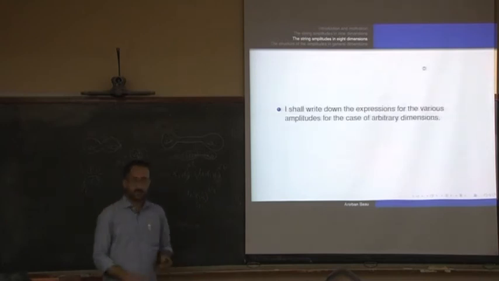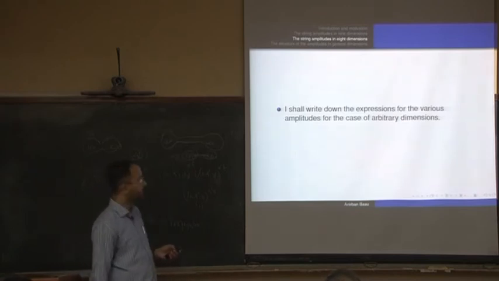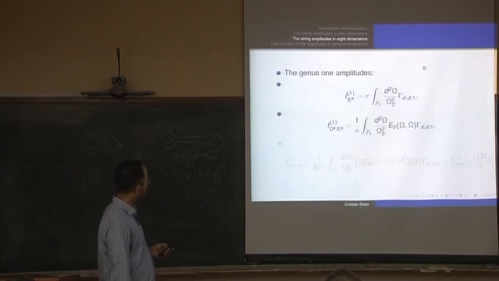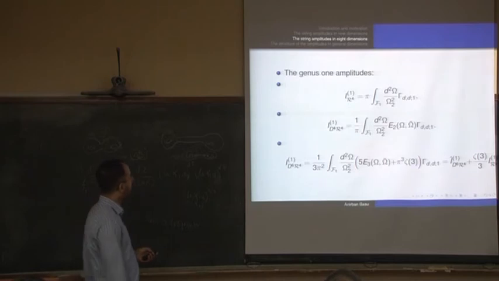So I shall write down the expression for a general dimensional case, compactification on T^d for small d. Then I shall look at this in this case, because then I don't have to repeat for other dimensions. We can write down the expressions here. This is the lattice factor here, this defines it. Everything else is like what we had before. So now you already know what the definitions are.